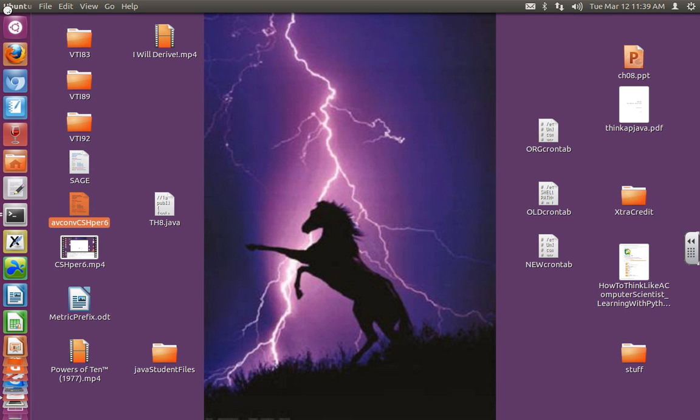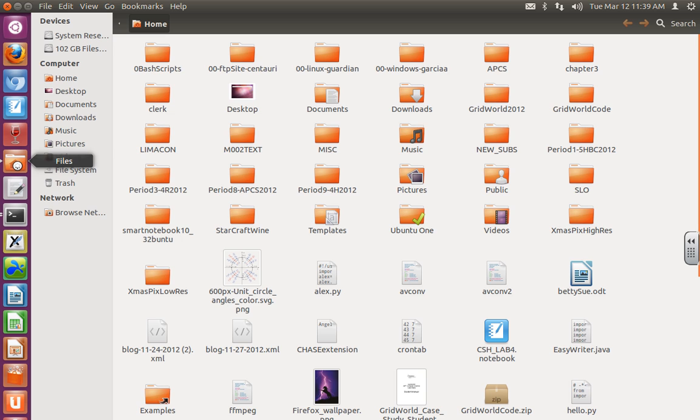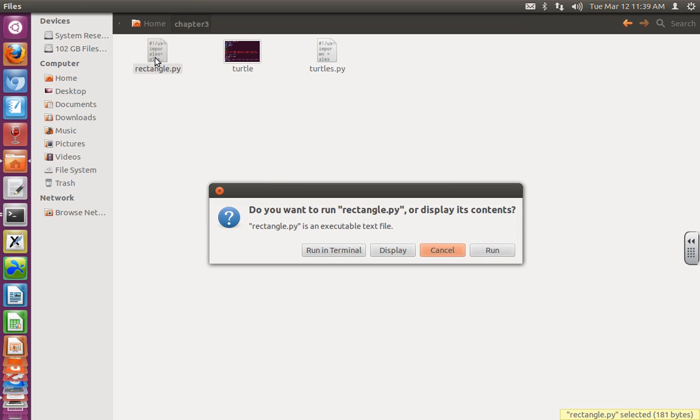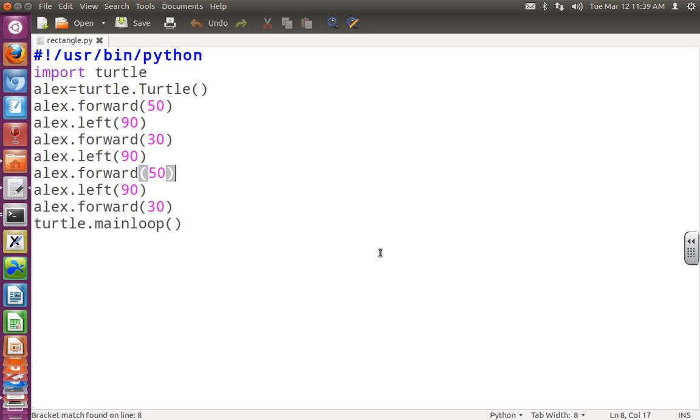All right, so if you go into your home, and you go into your chapter 3, and you open rectangle.py, you're going to see this, right? It says I added, what did I add? What don't you have that I have? I have the first line, the second line, and the last line I added. This is to make it work without IDLE. Let's see if we can make this thing work without IDLE. I'd rather not do this in IDLE if I don't have to, but if we have to, we'll stick with it,